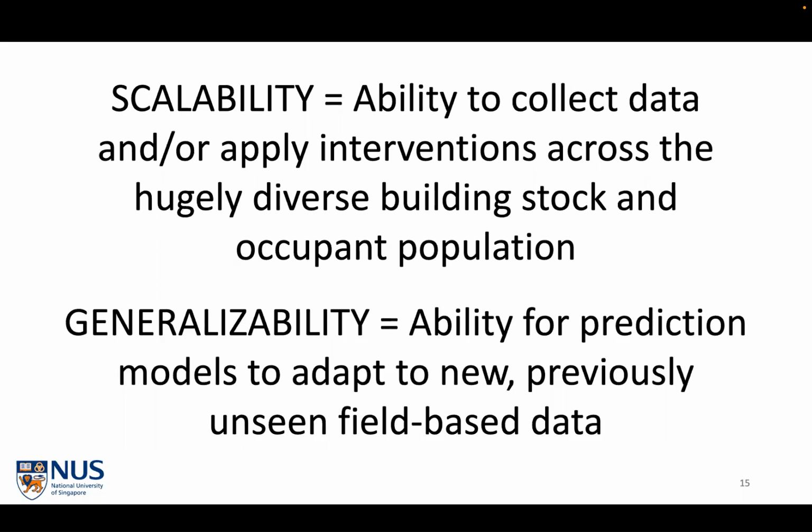Generalizability has a little more of a tint towards the machine learning or prediction side. So it's the ability for a model that's trained on a certain set of data to adapt to be accurate for new incoming unknown data from a previously unseen scenario, let's say. Or I guess the training data could be related to this unseen situation, but generalizability is on the modeling side. So these two concepts are similar. They're related. There are some differences. In my opinion, scalability is the technique or the data collection process across the building stock. Generalizability is the ability for machine learning to be accurate across a diverse stock.